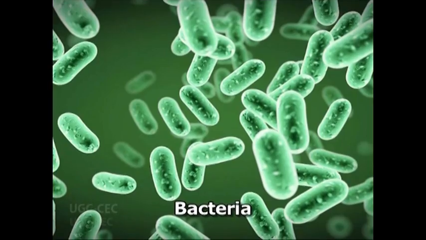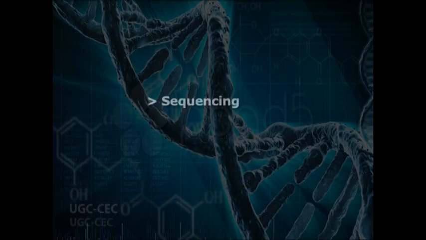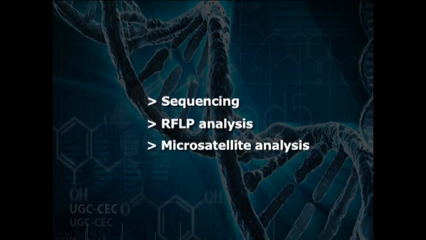Polymerase chain reaction is an in vitro DNA amplification protocol. It selectively amplifies a specific DNA sequence from any source, that is virus, bacteria, plant or human, hundreds of millions of times in a matter of hours. PCR is a technique necessary for several other genetic applications such as sequencing, RFLP analysis and microsatellite analysis. PCR was first described by Kary Mullis in 1980.